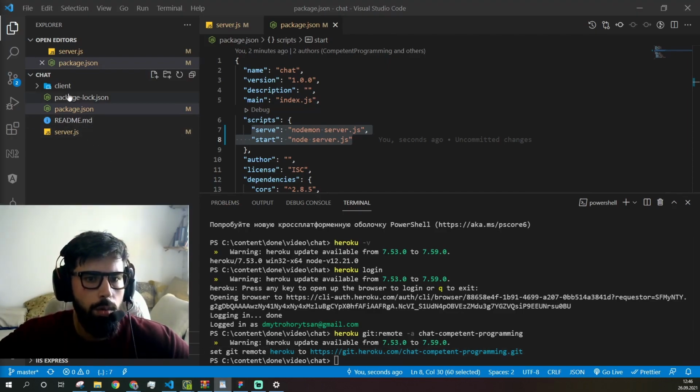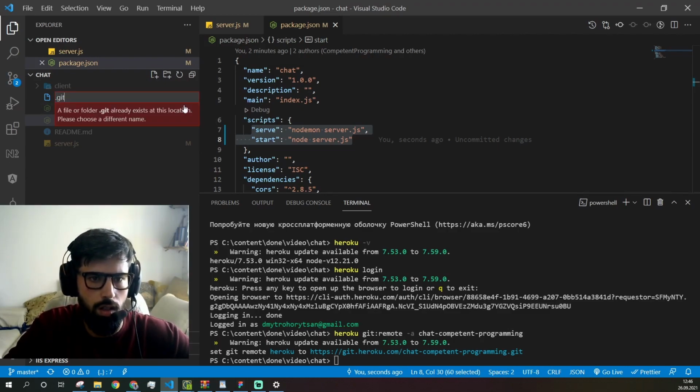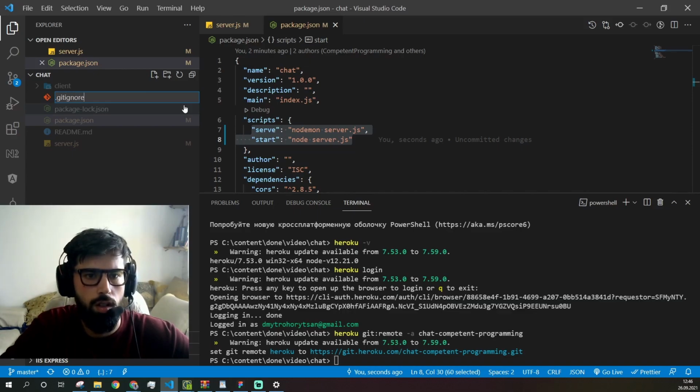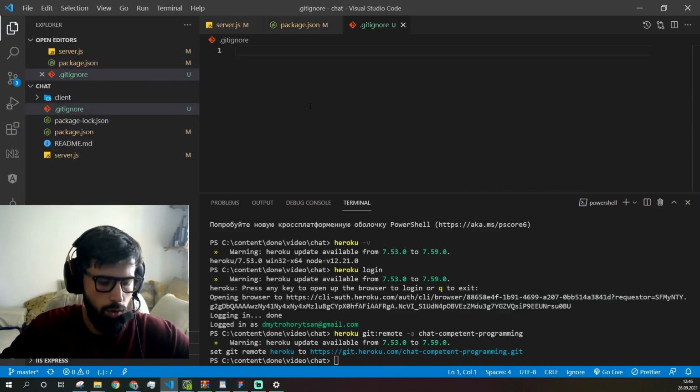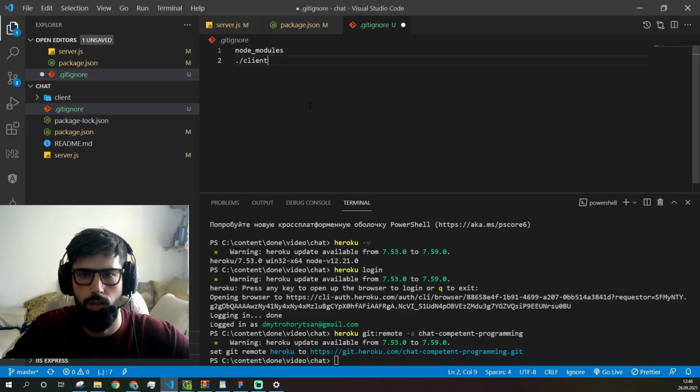Then the next thing, we're gonna create a .gitignore file to avoid pushing unneeded things, like node_modules, and also to be sure that the client folder